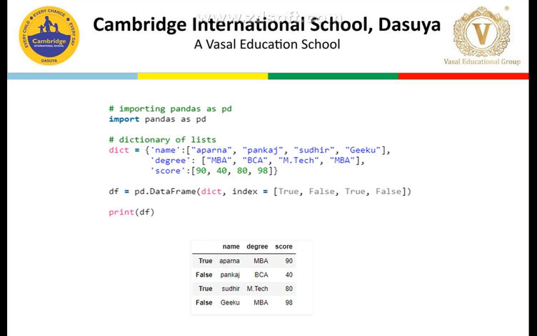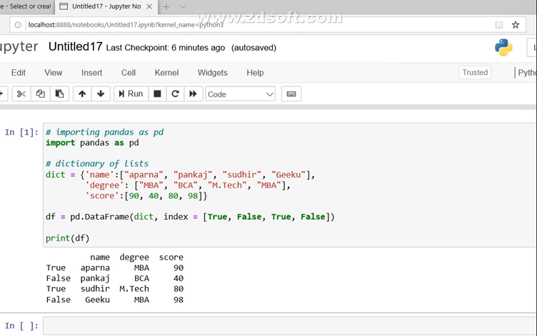Moving to the Python platform. See here what we did. First step is to import pandas as pd. Then, in yesterday's program itself, we created a dictionary with three attributes and converted that into a data frame with the index values, for these four values and their corresponding index values. Then we printed the data frame. These are the attributes, and on the leftmost side we have the index values.